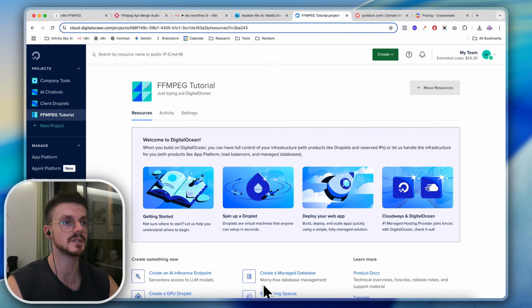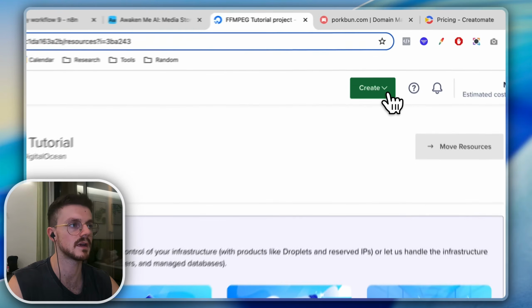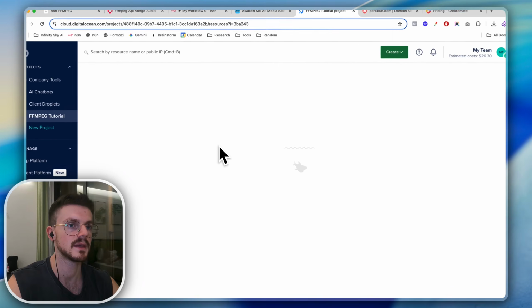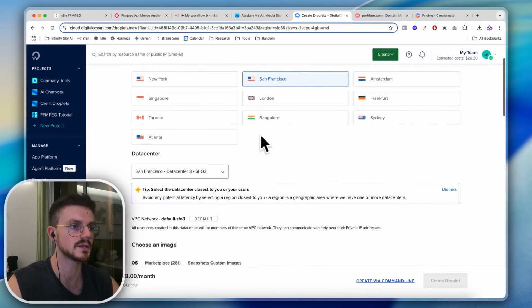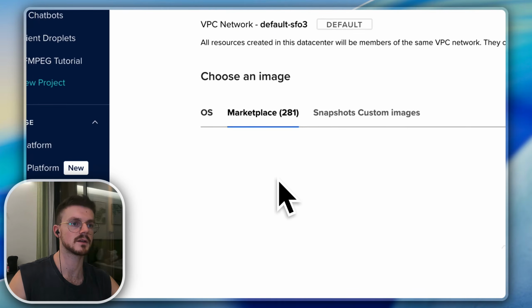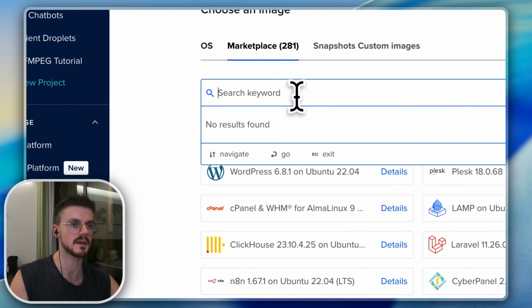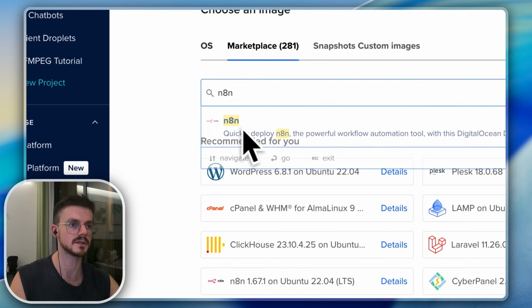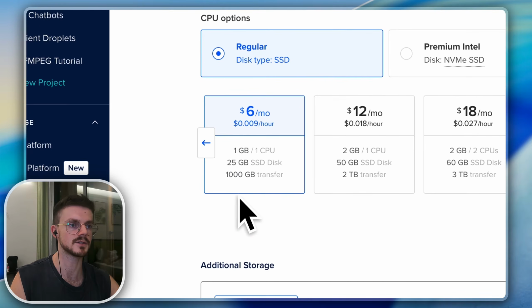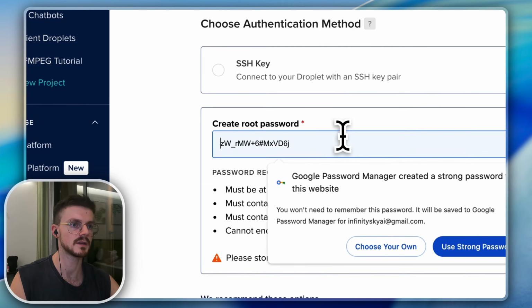Okay, so I use DigitalOcean to host my n8n droplets. It's super simple to set up. So all you're going to want to do is log in, create an account, add your payment details, and go to create new droplet. And this is going to then allow you to select the region, pick the one that's closest to you so you have the best server access. Click on Marketplace when you get here and just type in n8n. This is going to allow you to do a quick install. Select n8n. I just do regular $6 per month. Type in a password